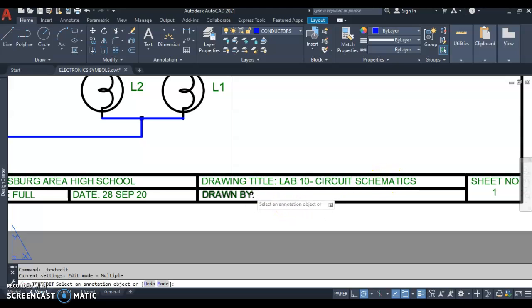I'm going to fill in the text here for my name. So you double click on that, get a cursor to the end, hit space, and just say Mr. Hardy. And you can double click and update your date as well. We are now in October. This is October 5th, so 5. We'll do OCT October. As far as the scale,